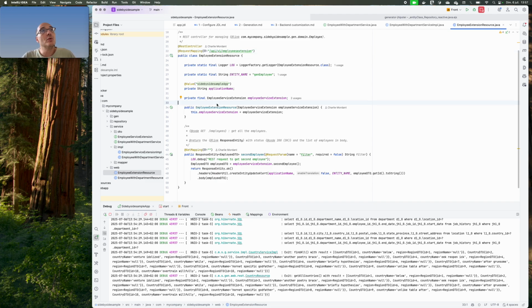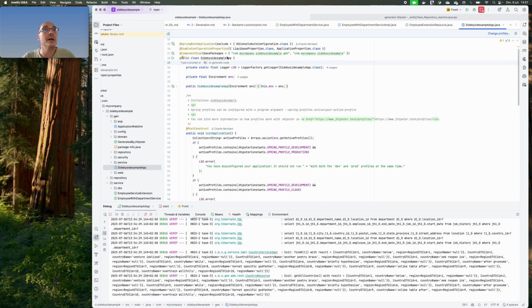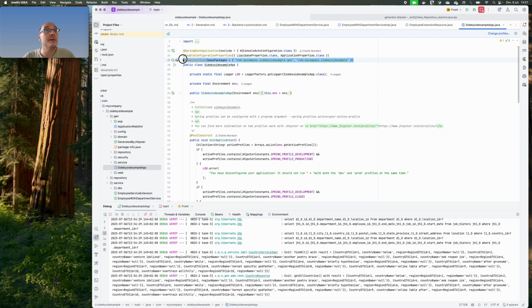For sure, Spring Boot won't take this new package, which is outside the generated one, into consideration since I do not modify a bit of the generated code. Here, in the application side, I will add this annotation in order to tell Spring that it should scan the generated package, of course, but also my custom package. At this point, if I regenerate the code on top of it, it will for sure erase that class and get rid of that component scan package.